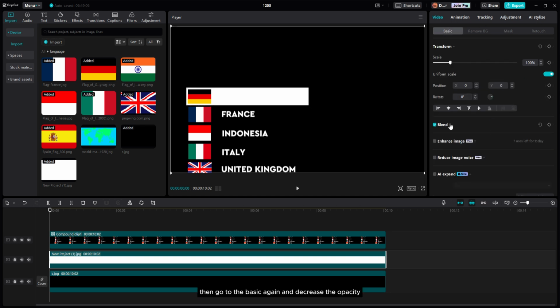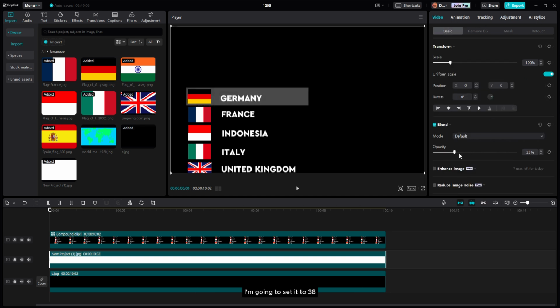Then go to the basic again and decrease the opacity. I'm gonna set it to 38.